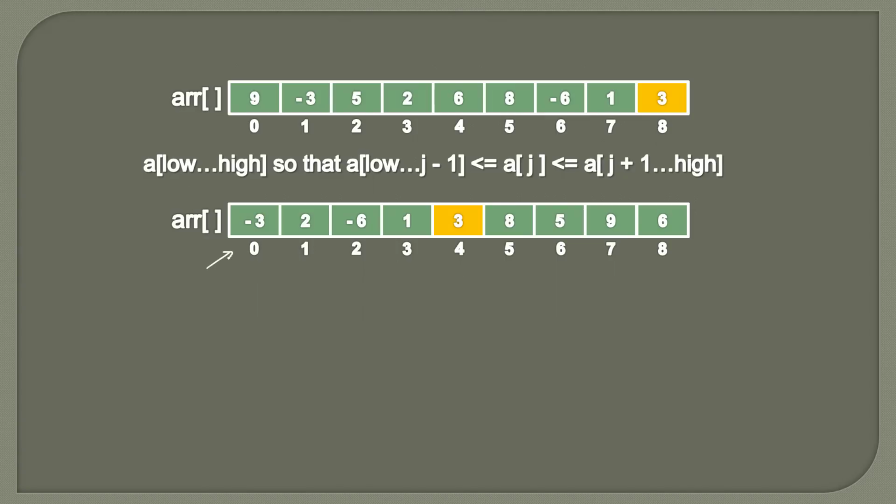let's say this is the low index and this is the high index and this is any jth element. So after this partition, in this array from low to j minus 1, which is this portion, is less than or equal to array of j, which is our pivot, which is less than or equal to j plus 1 to high, like this. So when we do this partition, this holds true.